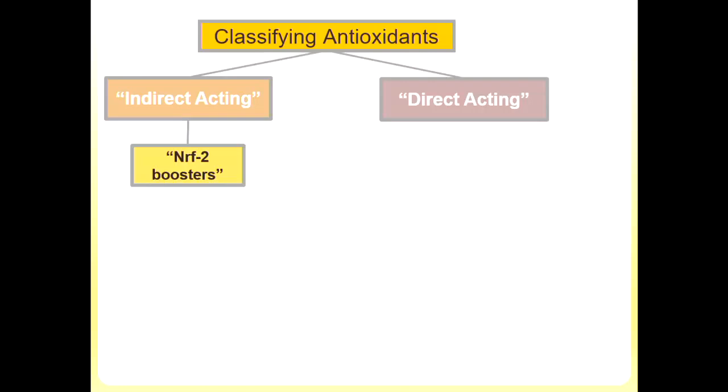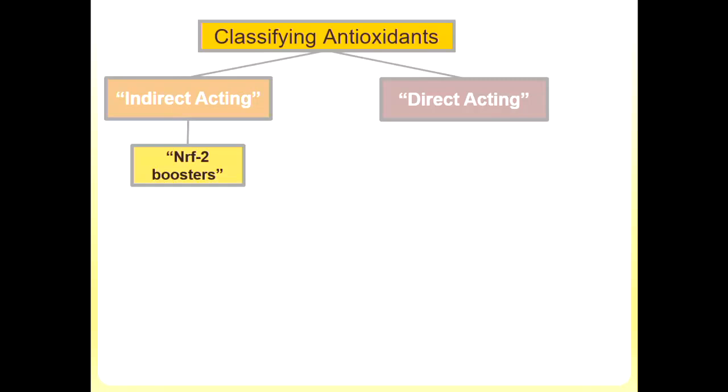Now another thing enters the scene that we need to talk about too, because there are now different types of antioxidants that are recognised, and in our lab class we're sort of focusing on direct acting antioxidants. These are the ones that have had most attention over the years. But we now know that there's another very effective class of indirect antioxidants, and these act at the transcriptional level to boost the expression of antioxidant proteins within cells. And so these are called NRF2 boosters because they interact with NRF2, an important transcription factor that regulates the antioxidant